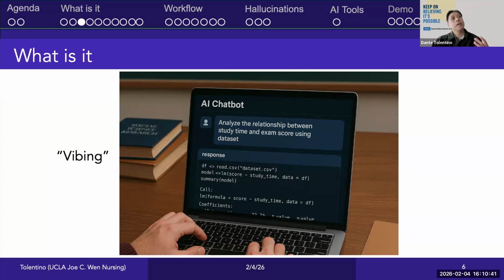Right? So let's just assume you have a compelling research question and you don't know where to begin, or you don't have the time to start coding because you may have a heavy teaching load this semester or this quarter or any other reasons of procrastinating, which I do every single day. And so what you do is you open your laptop and then type a plain language prompt into this AI chatbot. And in a matter of seconds, as many of you have experienced already, you receive this usable code and results, right? In this hypothetical scenario, data analysis really becomes accessible and empowering. And that's really the possibility with vibe coding.